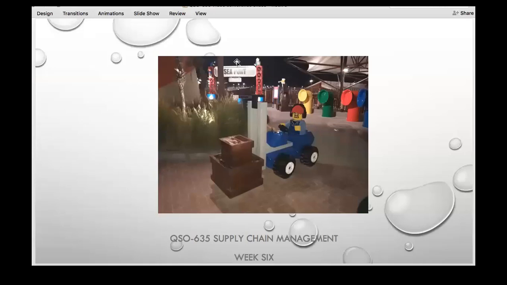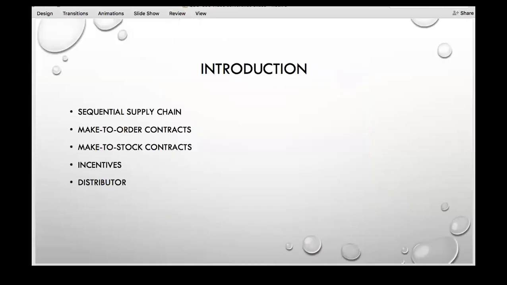So we're going to talk about those contracts, make to stock and make to order. And that's basically what they are. They're contracts that favor one party over the other. And we're also going to talk about